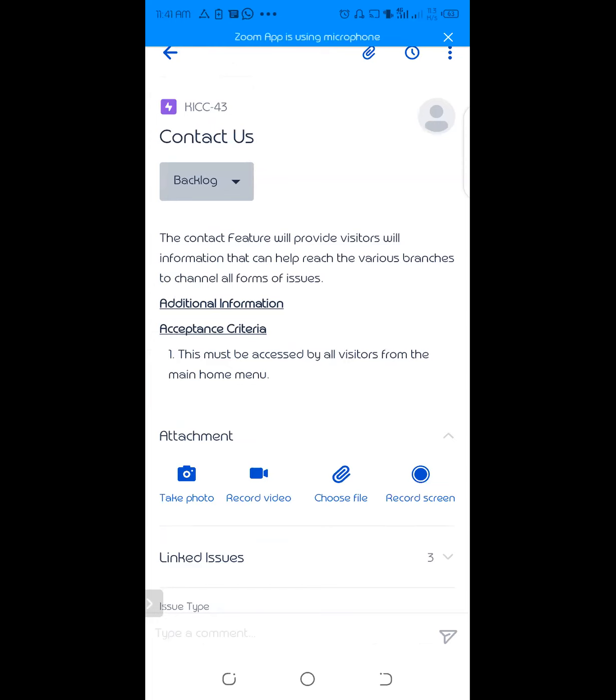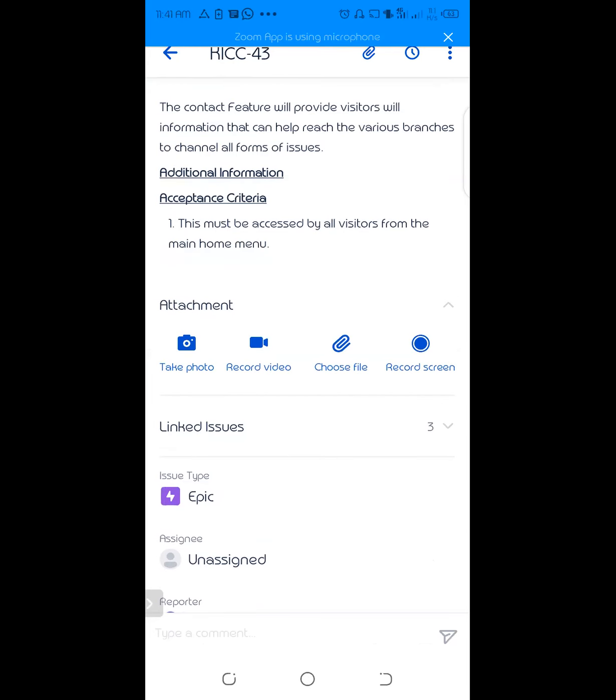Okay, so for the contact us, the Epic, the contact feature will provide visitors with information that can help reach the various branches to channel all forms of issues. And per Samuel's explanation, I will get rid of the acceptance criteria and make it additional information